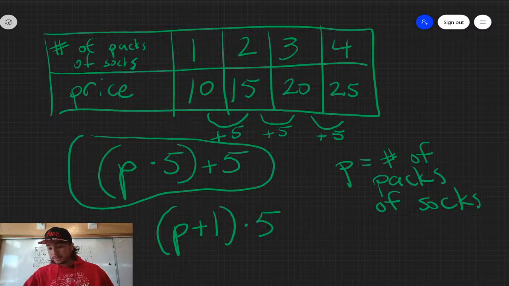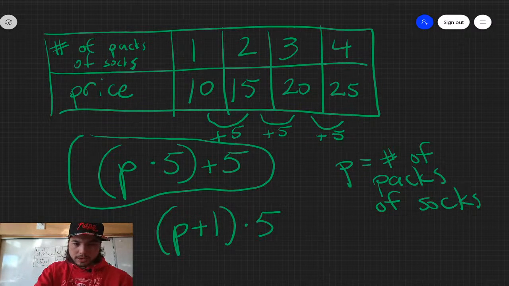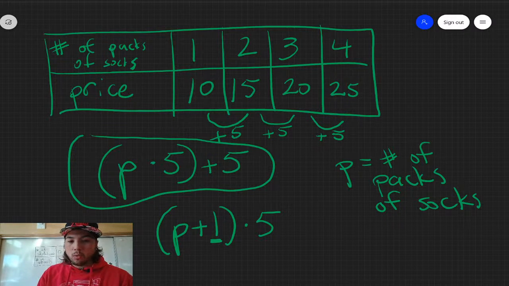And why it works is because, right, if you're adding 1 before you multiply it, essentially you're adding a group of 5. Because if you're adding 1 to whatever it is and then multiplying that by 5, you've added essentially one extra group of 5. It's the same as P times 5